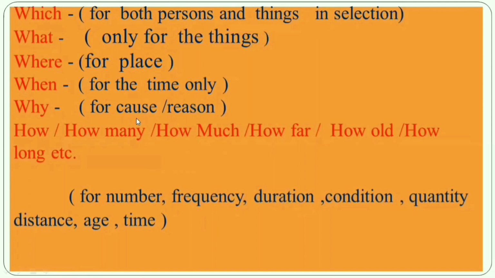If the underlined word indicates cause or reason, then the WH word will be why. If the underlined word indicates number, frequency, duration, condition, quantity, distance, age, and time, then the WH word will be how many, how much, how far, how old, how long, etc. Okay, my dear student? So you have to be very careful to select the WH word. So again and again, you will memorize